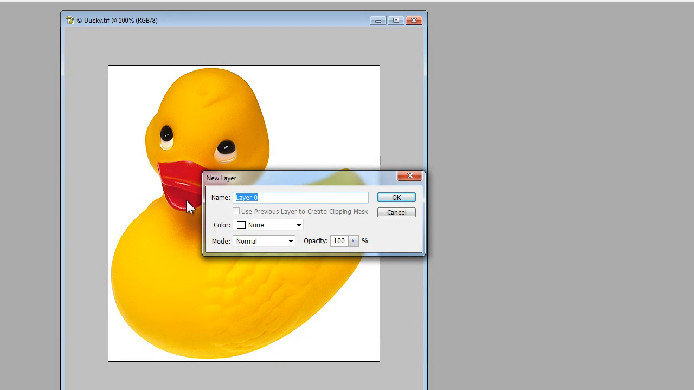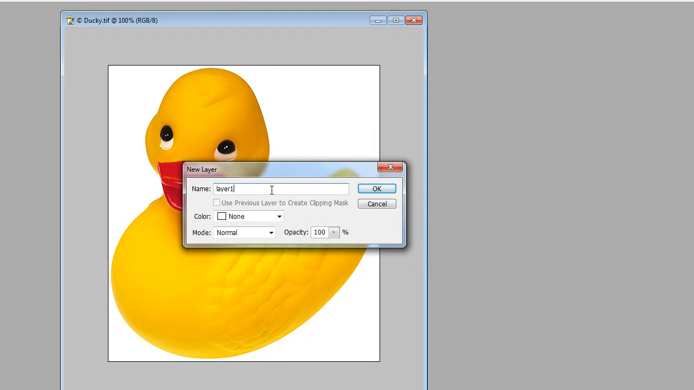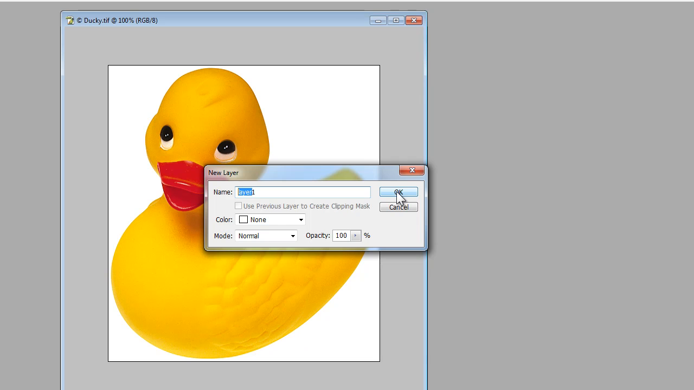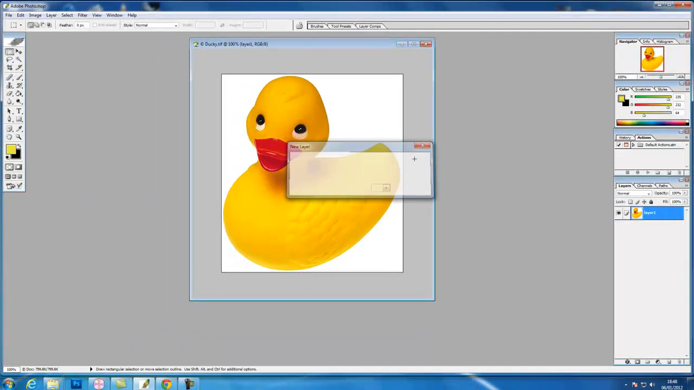Now it's always handy to name your layers. In this case we'll just name it layer 1, but as you get more used to using Photoshop and you create more and more layers, it's easy to get confused, so this will usually be a much more descriptive name, but layer 1 is fine for what we want at the moment. Click OK,